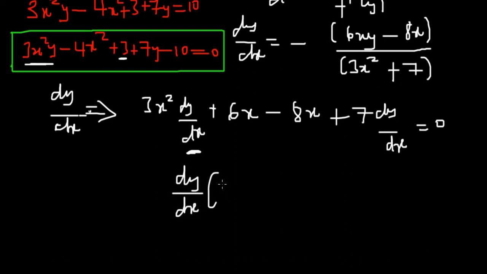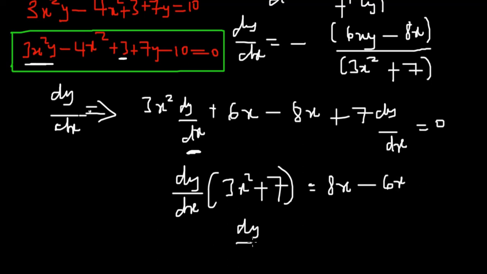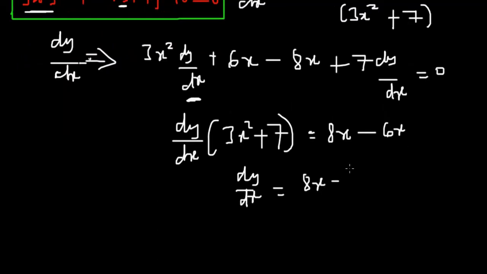So we have dy dx. Right from here, you could note that we have 3x squared, and then we have 7, so plus 7. I'm just doing simple factorization, and then let's send this to the other side. Let's just move it. So we have 8x and then we have 6, so minus 6x. Making dy dx the subject, you just end up with 8x minus 6x, and then you divide that by